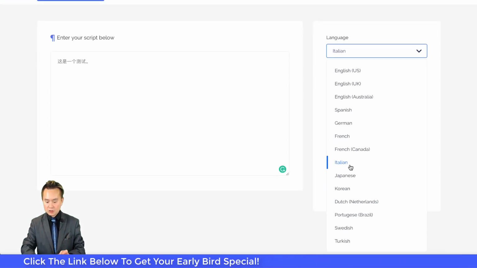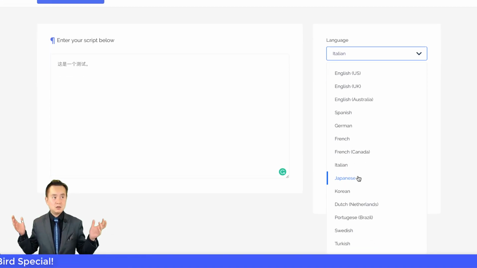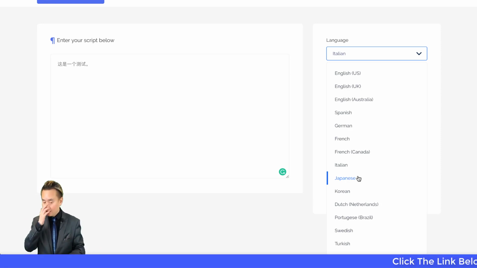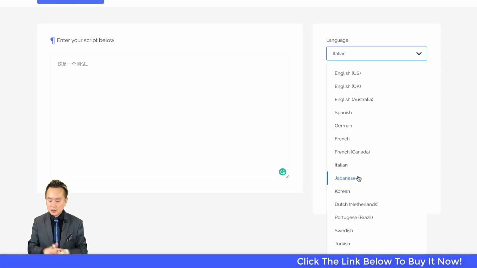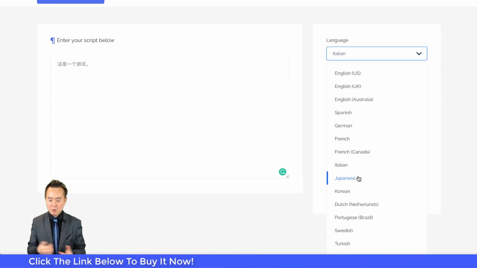Not all languages are in there, and I'm a little bit disappointed that Chinese is not there, because it is the most spoken language in the world, just from sheer population. We have 1.3 billion, probably 1.4 billion, people, now I lost track, in China alone, and we're all over the world. It's not in here, but that's just my personal preference.